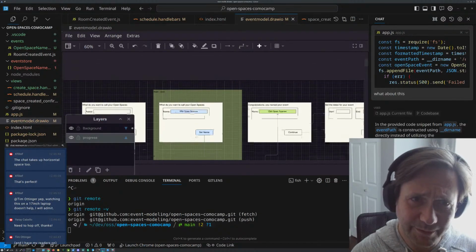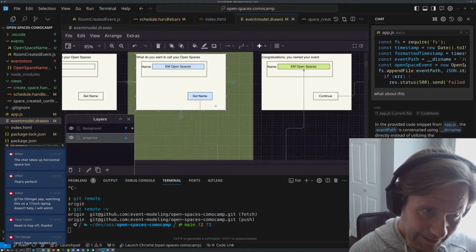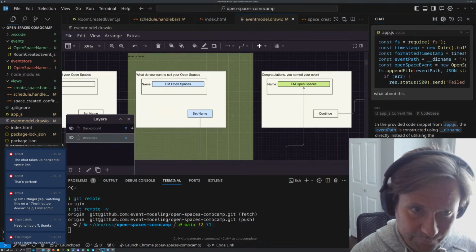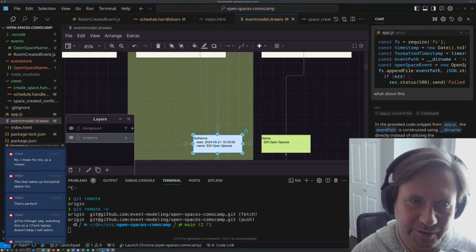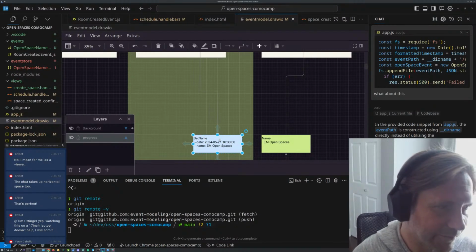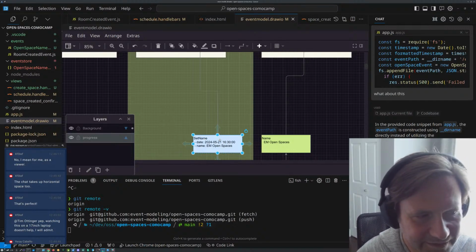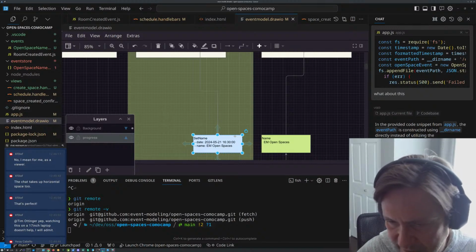When we implement these slices, I know this is now more readable. This is typically a minimalistic approach to doing a command handler. Oh, I see, chat takes up horizontal space on your screen. Yes.